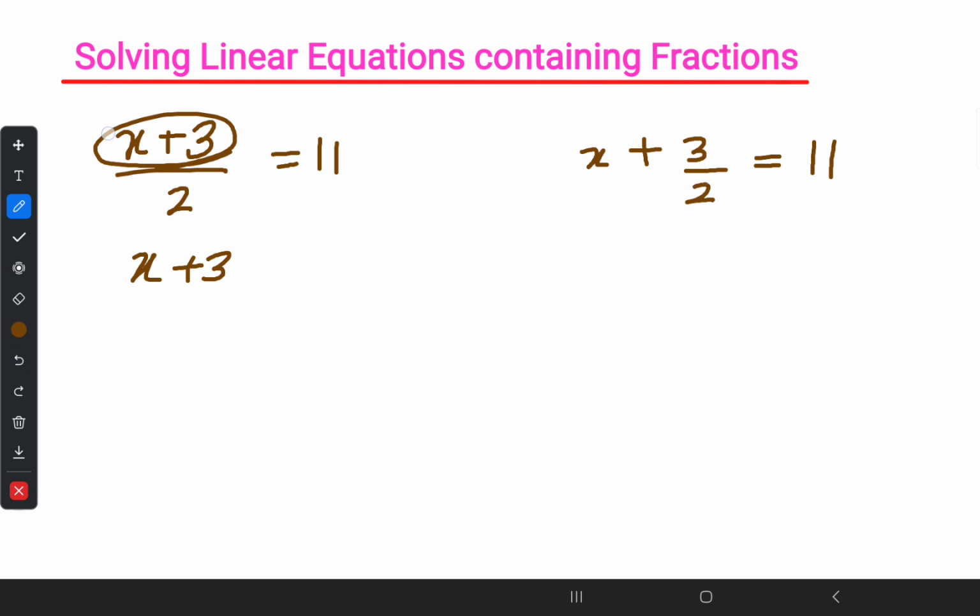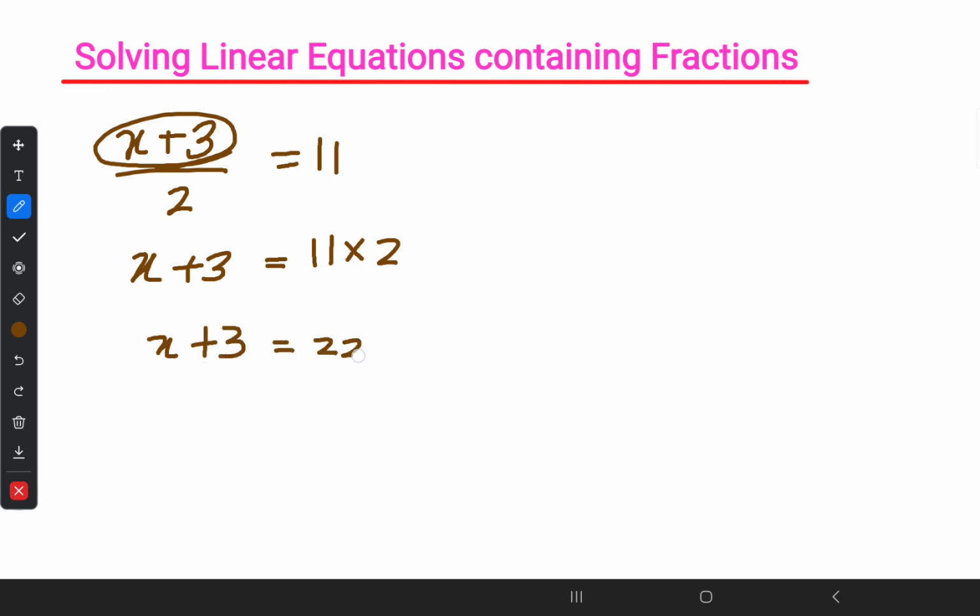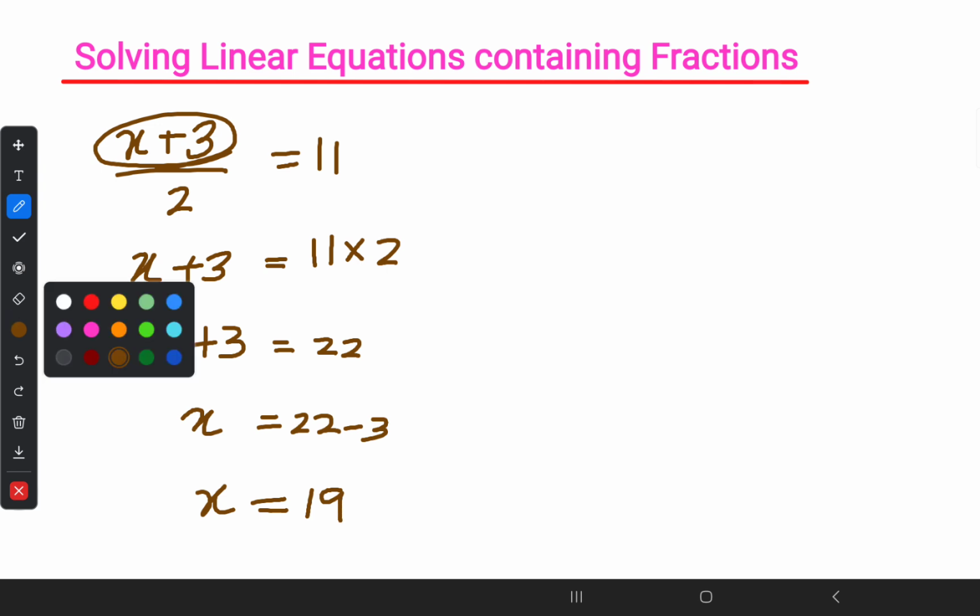But here the total value in the numerator has 2 as a denominator, so you can bring that 2 over as a multiplier. 11 times 2. So x + 3 should equal 22. Thereafter x equals 22 minus 3, which is 19. x equals 19. It is really simple. And in the next question,